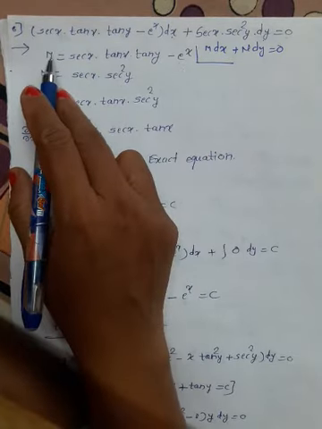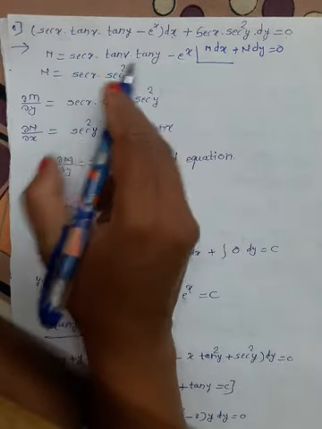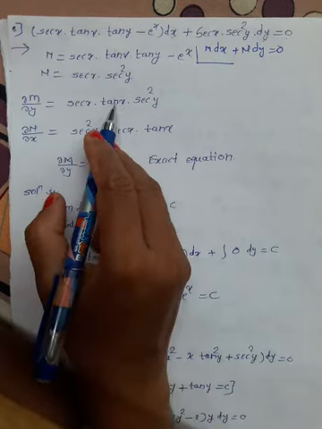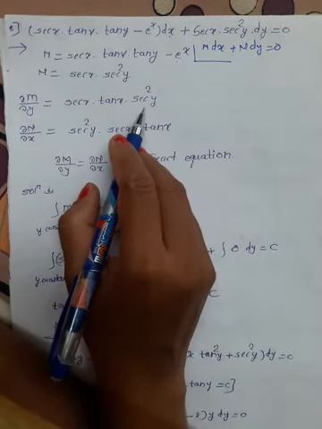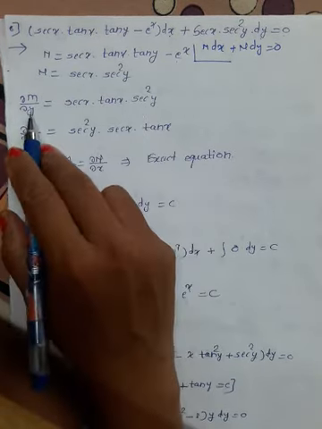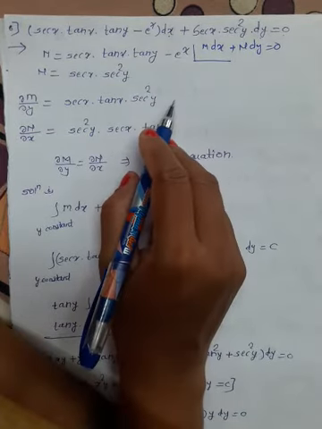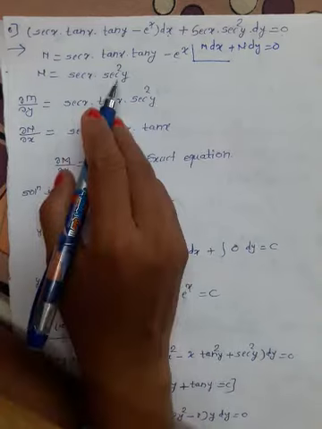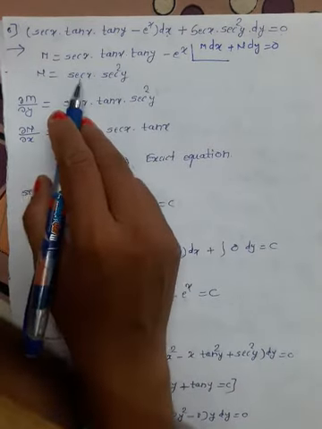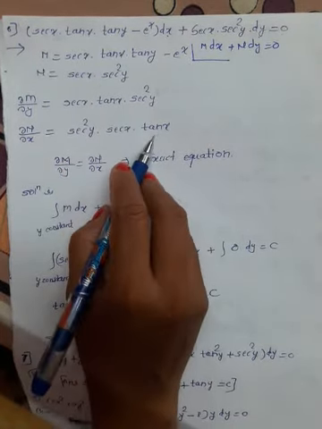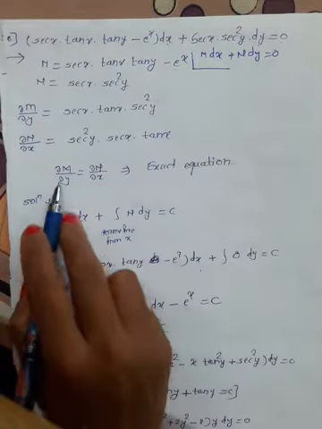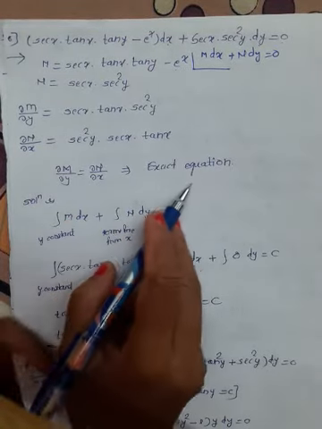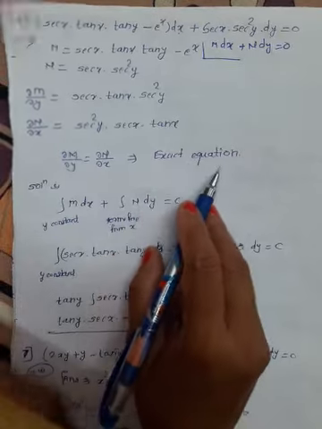Now take derivative of m with respect to y. Sec x tan x is a constant, put as it is, tan x derivative is sec square y, and with respect to y e raised to x derivative is 0. Now n derivative with respect to x is sec square y, keep it as it is, sec x derivative is sec x tan x. Now if you observe these two are same, therefore this is an exact differential equation,